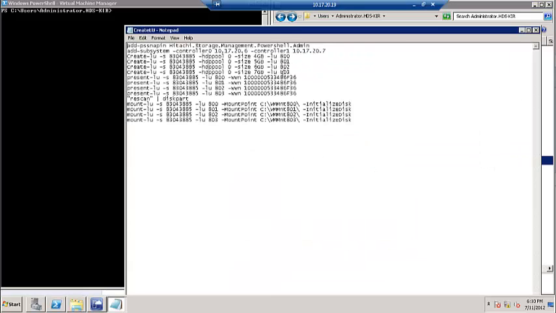Let me pop one open just so we can see some of the functions and the actual commandlets being in use. So we've got a few. You can see we're adding a subsystem here with the controller IP addresses, and then we're creating 4 LUNs of different sizes with different LUN numbers, presenting them to the host here. This host, we're presenting them via worldwide name to the host, and then we're mounting them and initializing them. So we're mounting them to a folder on the C drive of this host,